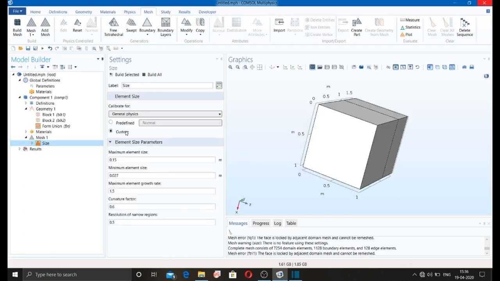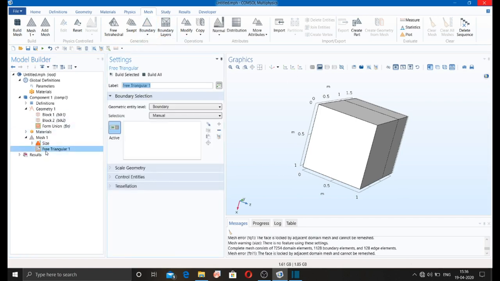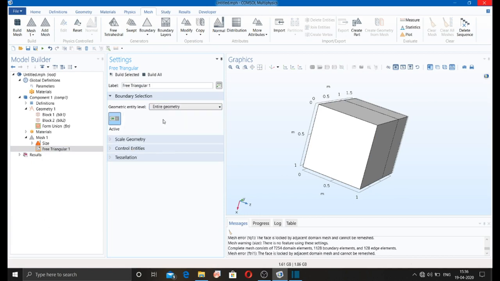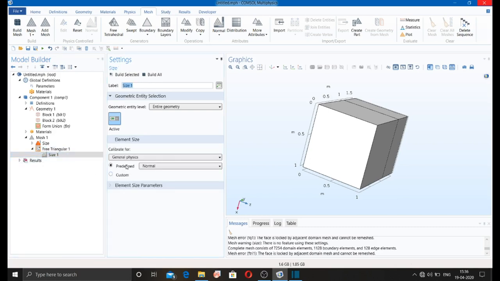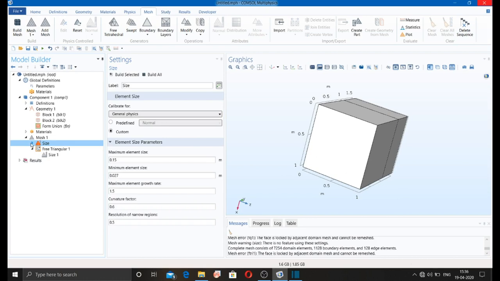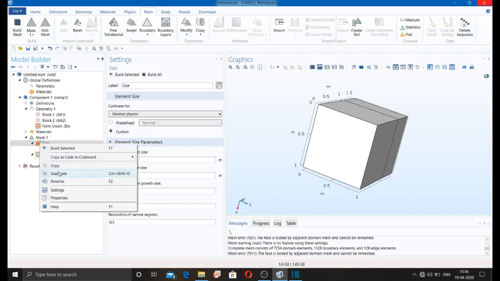Now this is the size. If I want to add this, I will select entire geometry and just free triangular. Here you can also give the size to this particular mesh, from general physics, fluid dynamics, plasma, semiconductor, anything else.